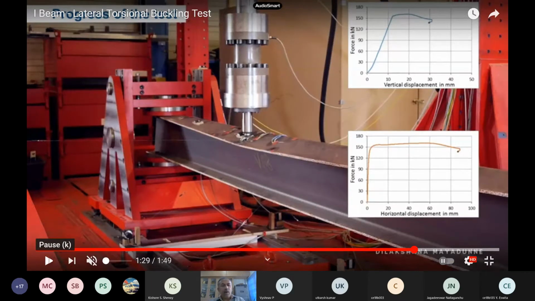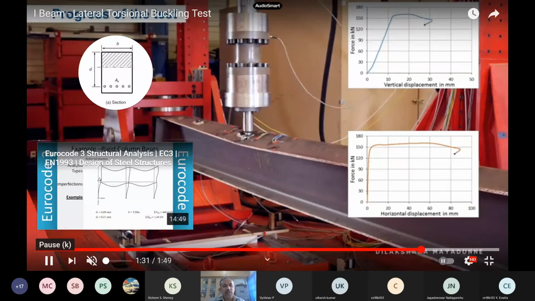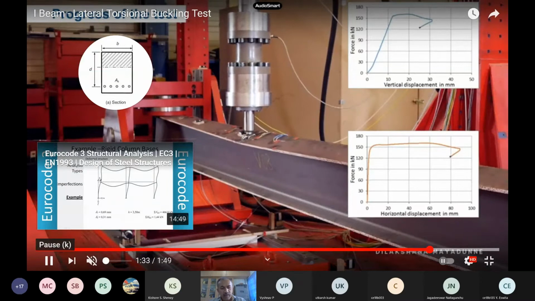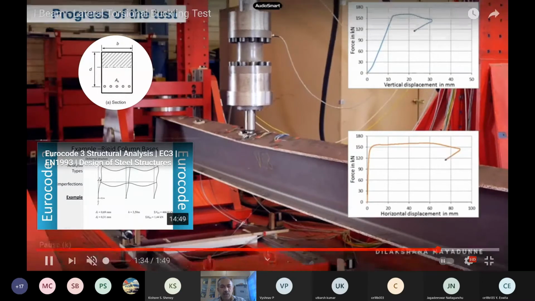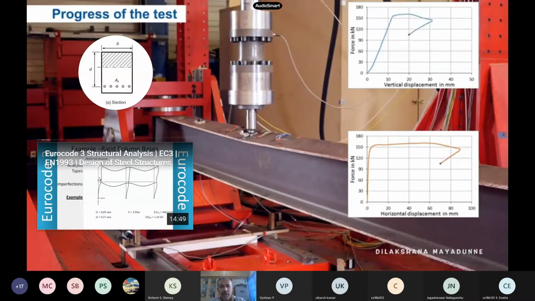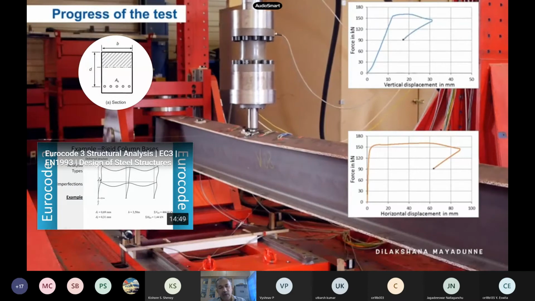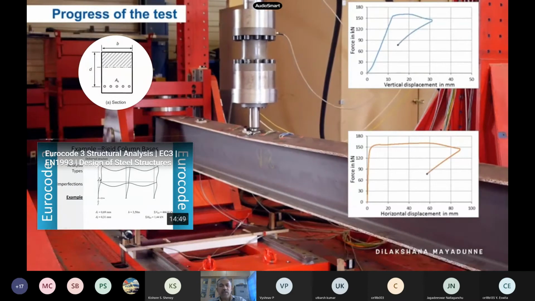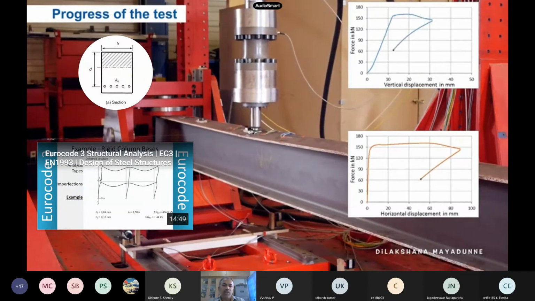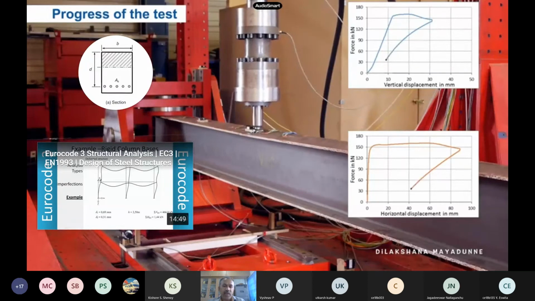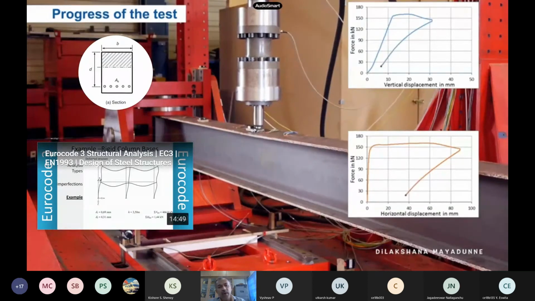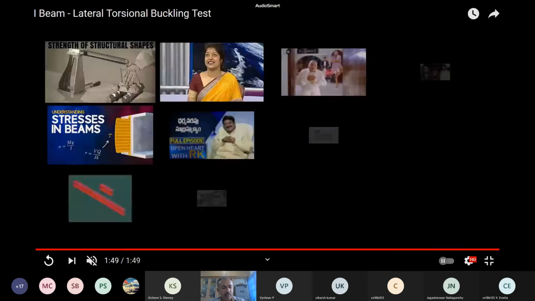Okay. So this is a very important, nice video which you can easily understand. You see this lateral torsional buckling also. Okay. So I will send you the link also. You can watch whenever you want to understand why the beam buckles. Now it is unloading. He has unloaded this one. So you can see it doesn't go to the original position. So some plastic deformation will be there also. So he has shown both loading and unloading in this video. Okay.